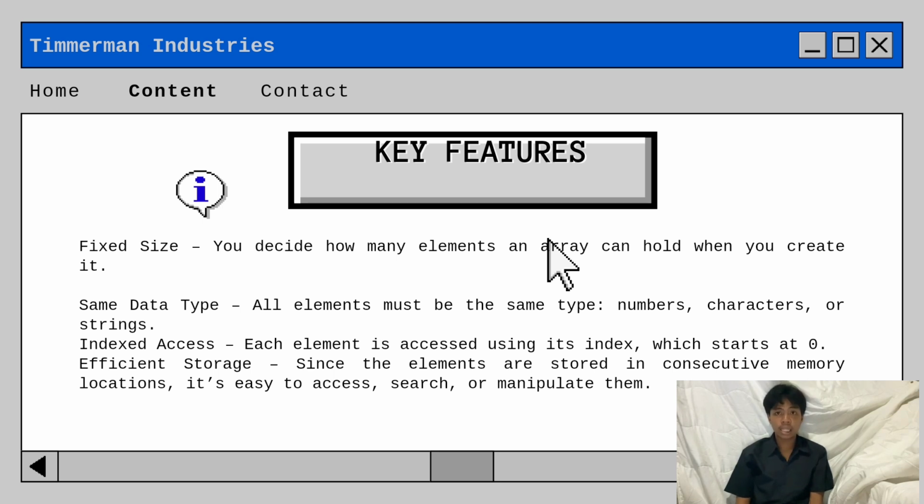And lastly, efficient storage. When we say efficient storage, since the elements are stored in consecutive memory locations, it's easy to access, search, or manipulate them.